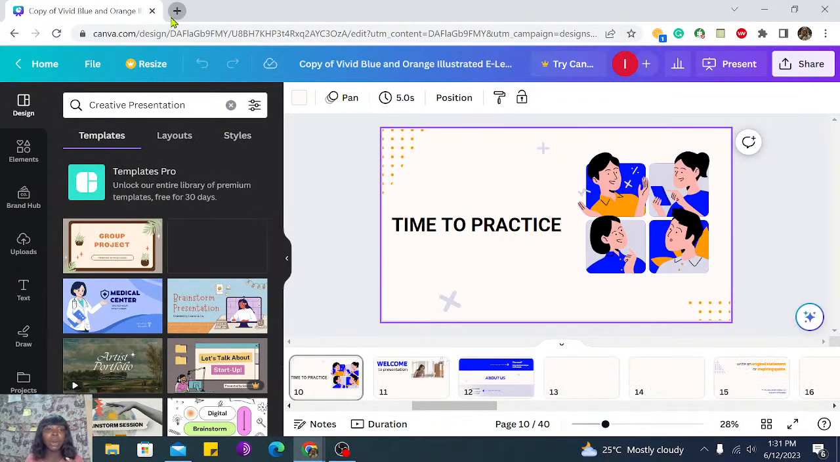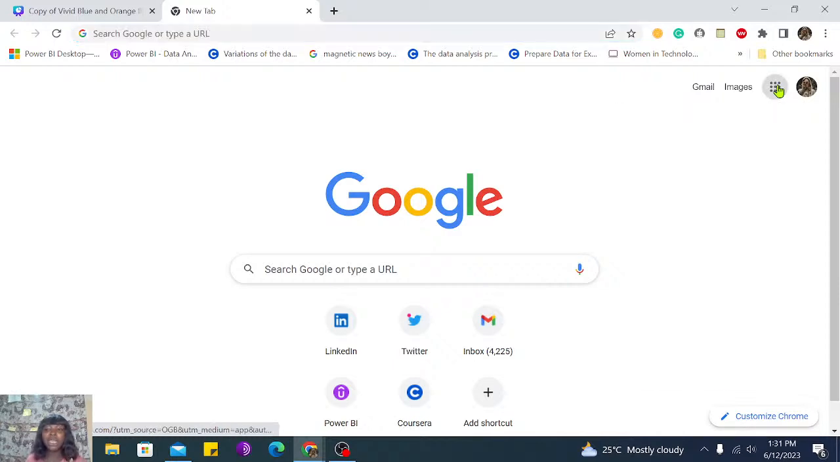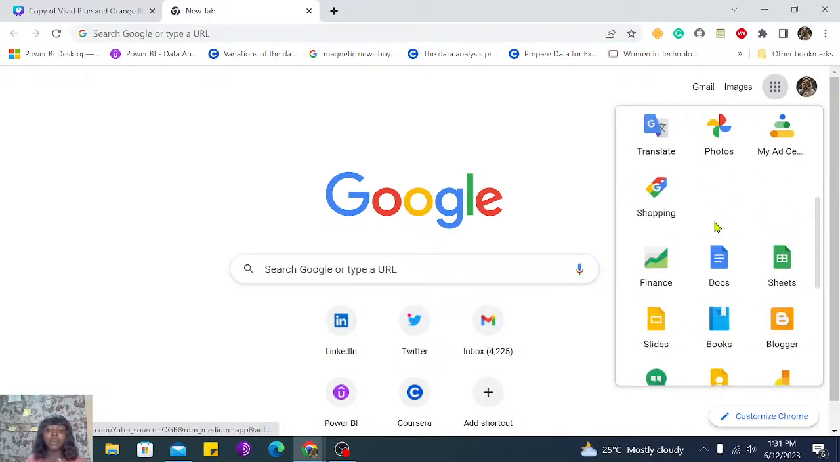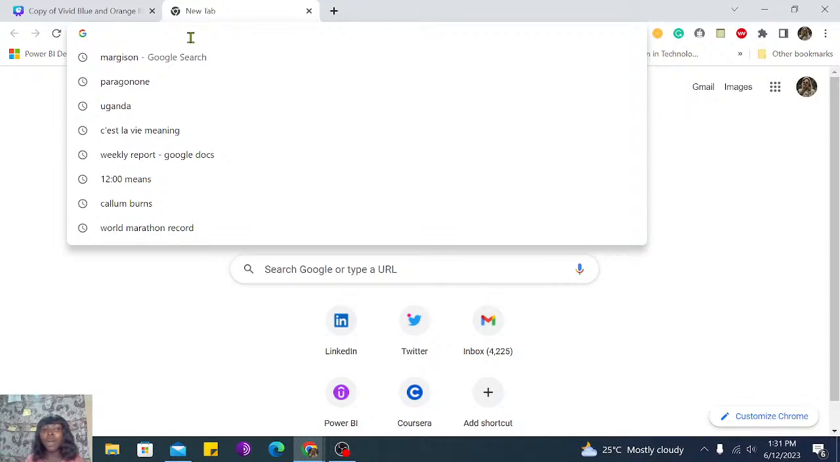So this is my Chrome browser, right? Like I said earlier, you can come here where my cursor is. You see it is labeled Google Apps. When you hover around it, you see there it is labeled Google Apps. You can just click on it and scroll down, and then you see Docs. You can either click on that, or you can come to here where you have your URL and type Google